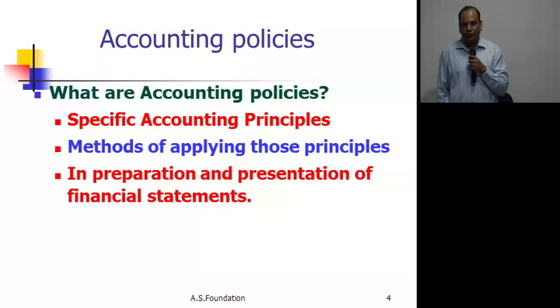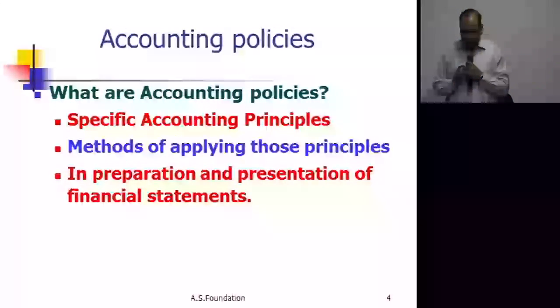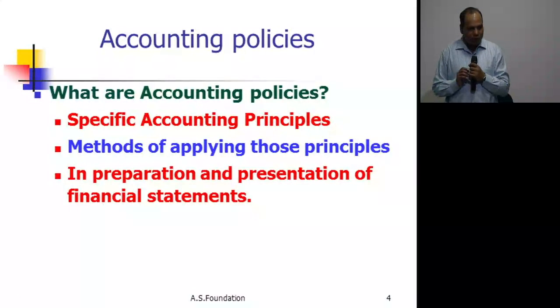In case of inventory, there are 2-3 choices given to you. You can follow FIFO or weighted average method. Is it right? So there must be more than one option given to you, but at the same time, too many options make comparison difficult. So with that small introduction, now let us see